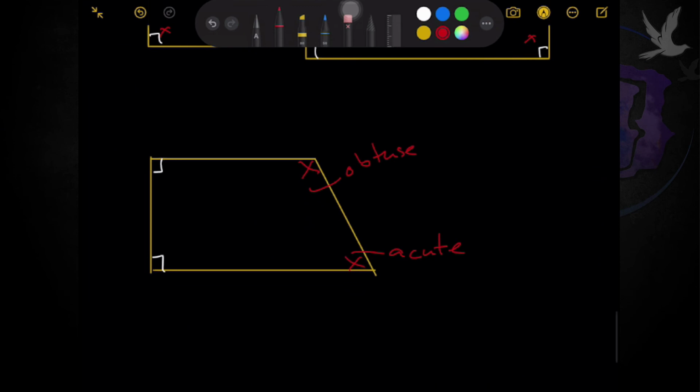Why? Because this mouth is smaller than an L and this mouth is bigger than an L. So which means in this case, we only have 1, 2 right angles. Okay, so ganun lang ang pag-consider ng right angle. Okay, so that's basically